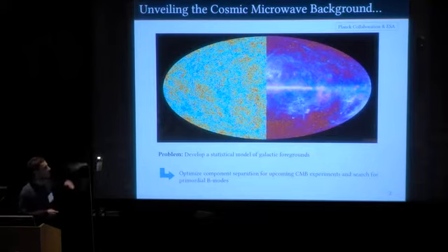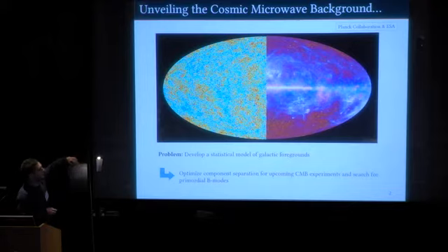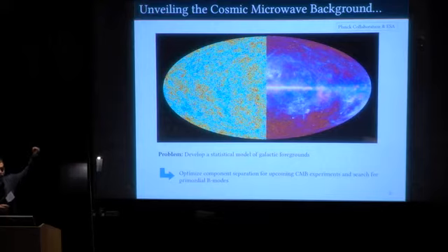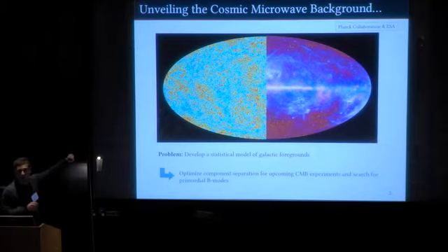And so the galactic plane is in the middle of this image. And so in order to unveil the cosmic microwave background we see on the left of this image, you need to develop a really accurate statistical description of this galactic foreground.